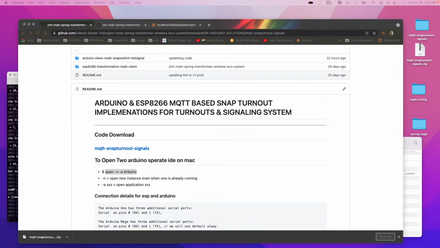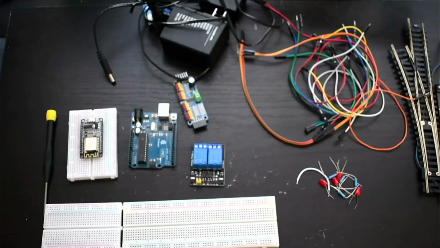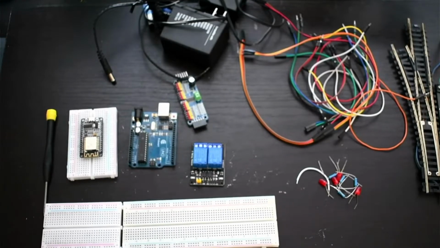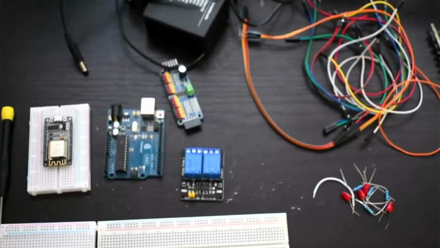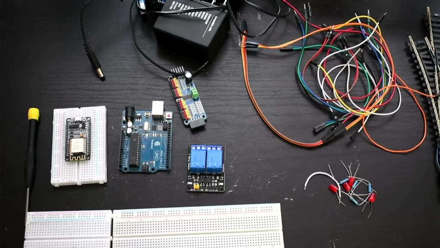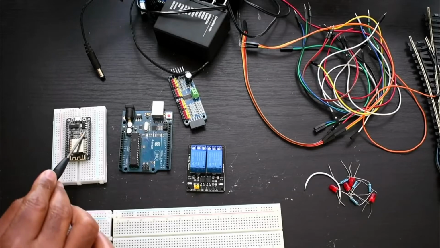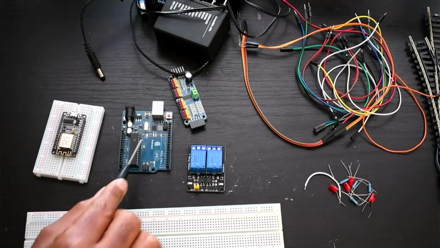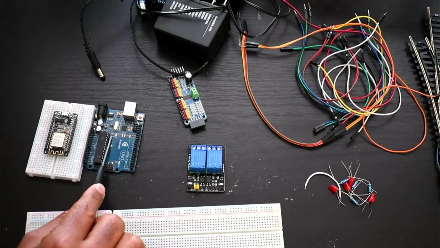So now I have just laid out all the items that we need. If you see here, we have our Node MCU where we have uploaded the sketch. We have our Arduino where we have already uploaded the sketch.